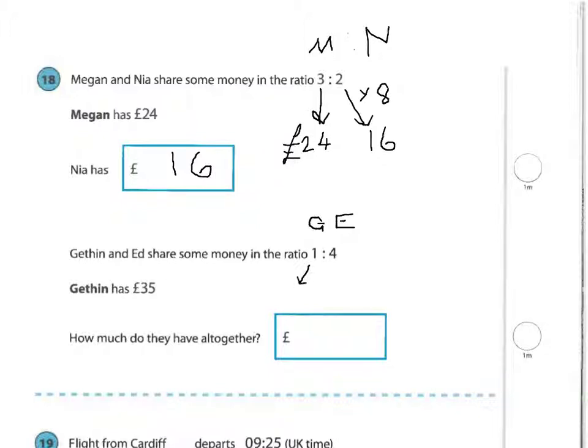Well, to turn a 1 into £35, you have to have multiplied it by 35. So if I multiply the 4-part share by 35, well, I know 2 35s are 70, and then I double it again, which gives me 140. So that means together they have a grand total of